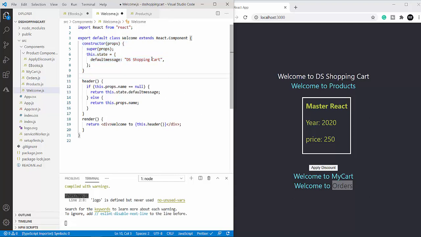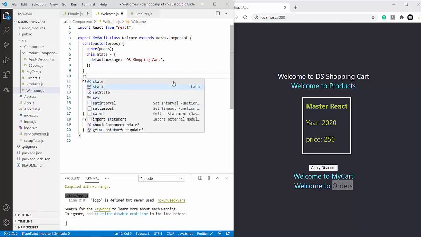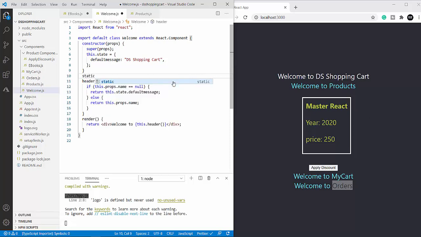Now, let me rearrange this logic inside the default method that we have. In order to define this method, we have to have the static keyword, then getDerivedStateFromProps. You can see here my method name is in camel casing.